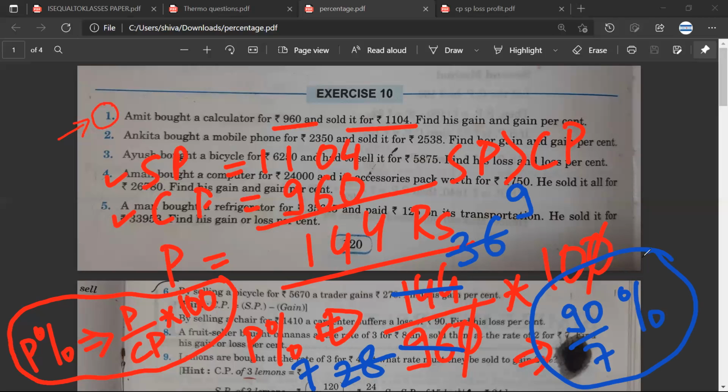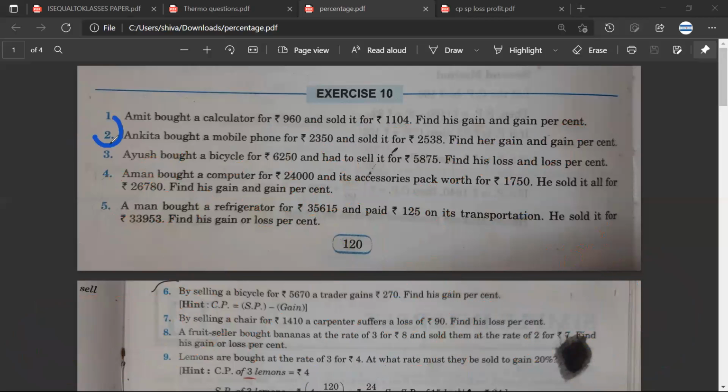Yeah. Aryaman, are you allowed calculator in your school? 8th class? No. Okay. So then if you're not allowed the calculator, then this answer is good enough. Okay. So, but you know, other way.